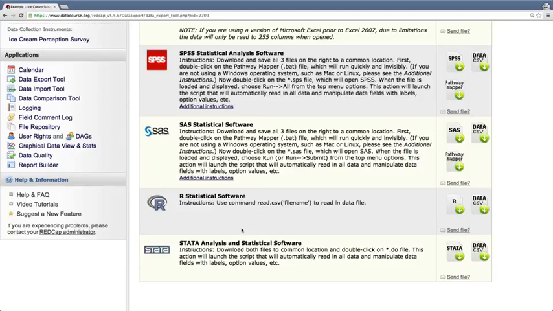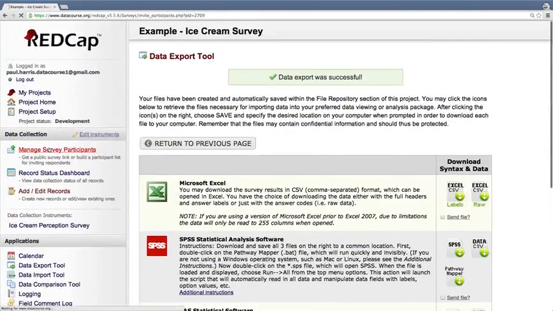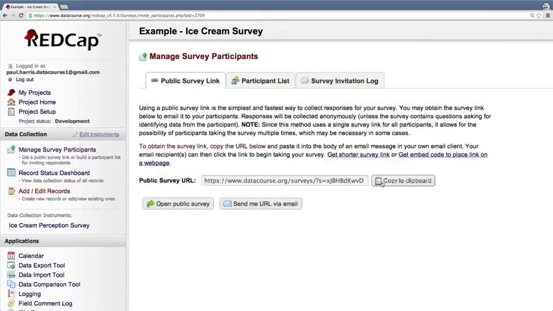That allows, with only this test data, you really to go from front to back, data entry all the way over to data analysis in a testing phase before you launch the survey or launch the study. So let's go back up and let's add a few more records,